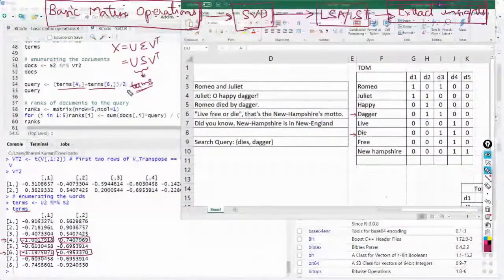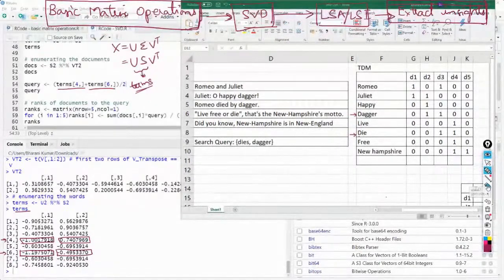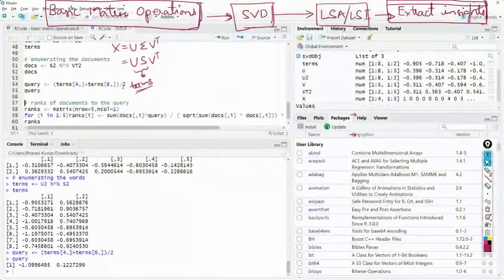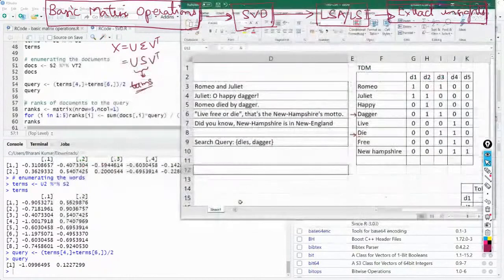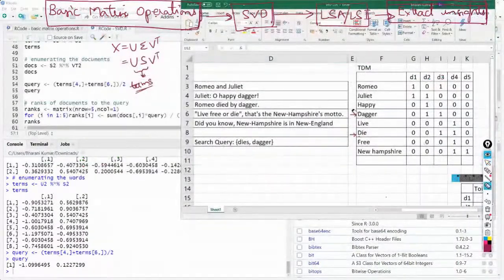When you do this, you'll get an average, and that average is the query. That average is a query that you're seeing here.